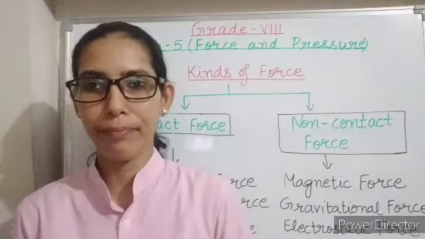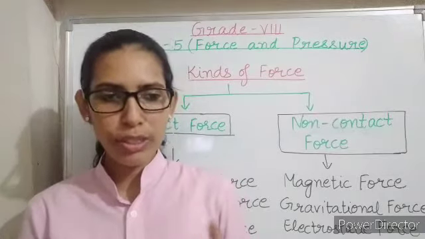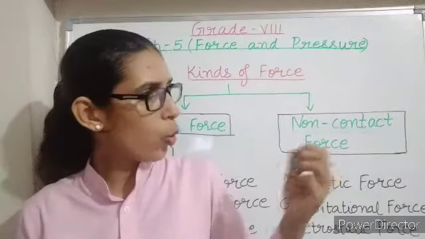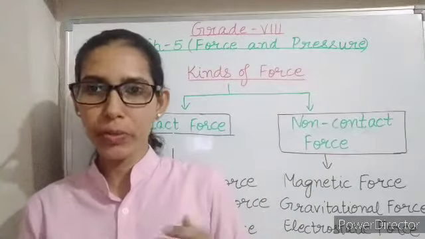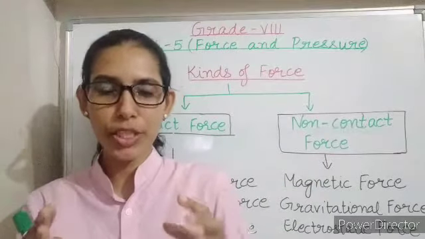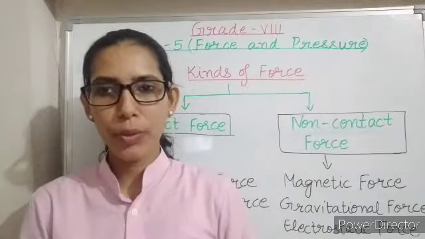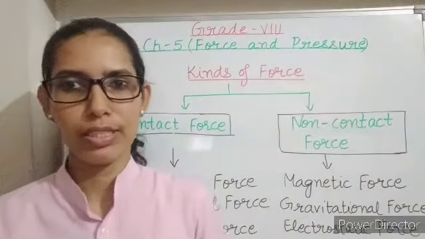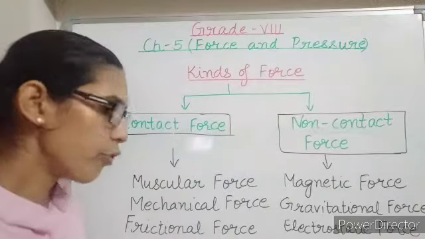Another example is drilling a hole in a wall with the help of a drill machine. In both these cases, like lifting a heavy stone by the crane or making a hole into the wall by the drill machine, you can see there is contact between the machine and the object. So the mechanical force is also a contact force. The last one is frictional force.